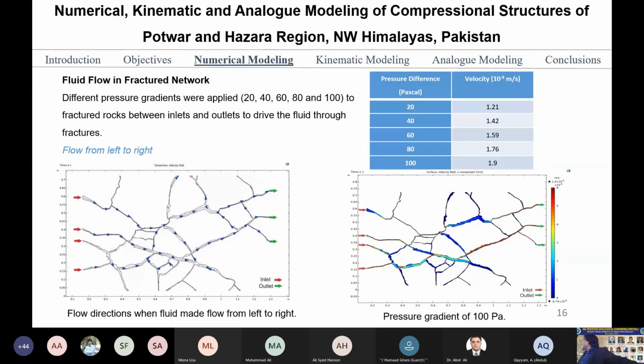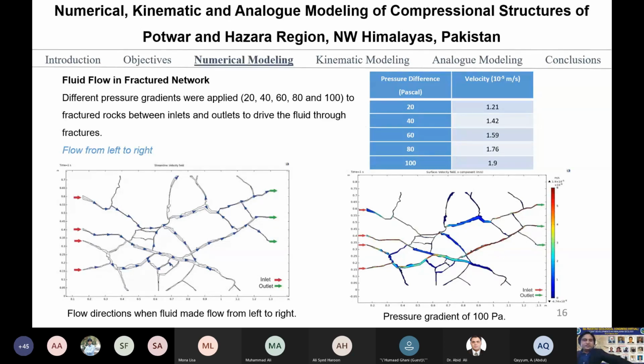As you can see, the red arrow shows the inlet and green is the outlet. So that process is quite impressive, but still we need some more output. Like if the inlet is 100, we need the output to be the maximum. But in that case, we didn't find too much outlet.